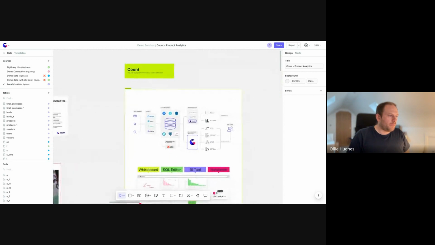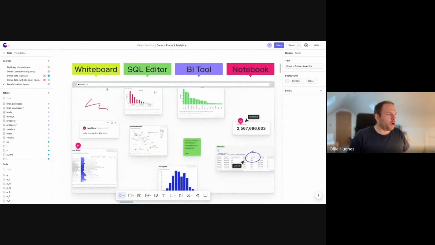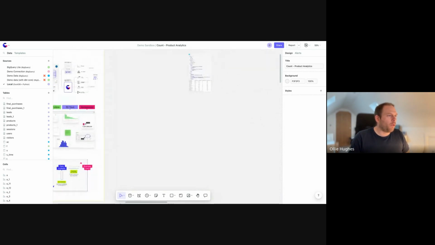So the way that we would describe Count is as a combination of a whiteboarding tool, a SQL editor, a BI tool, and a Jupyter notebook in one, to create this one collaborative canvas, literally, where a product analytics team and a product team can work together, where their worlds are overlapping, where there's an ability to agilely work through analytics, through the qualitative side of the product development cycle, tracking data, building insights, building models, and building reports in a way which actually leads to people working far more efficiently and with far more trust between the two worlds. That's a quick overview. Let me explain more how the product works.